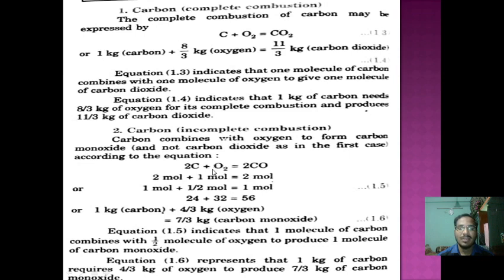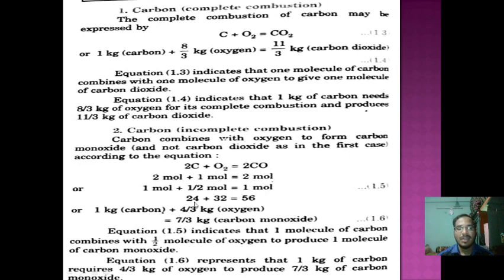If the number is not there in that term, then we can say that the value is 1, that is, 1 mole of oxygen. Here the 2 is there, that is 2 moles of carbon monoxide. Here we are just dividing by 2, then 2 by 2 is 1 mole, and here 1 by 2 comes, and here 2 by 2 is equal to 1 mole.